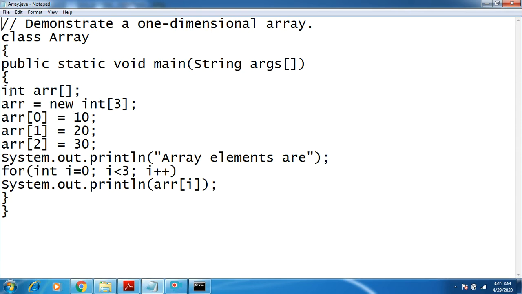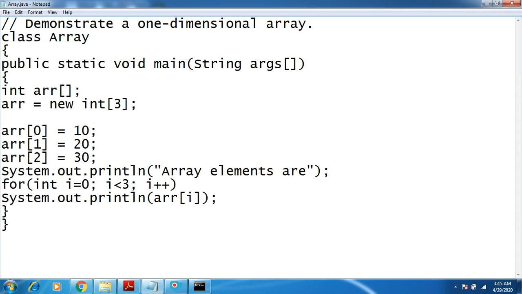We have given the data type as int, the name of the array is arr, a pair of brackets, then arr is equal to new int of 3. This is one way, or else you can combine the two statements and write them as one like this: int arr[] equal to new int[3].